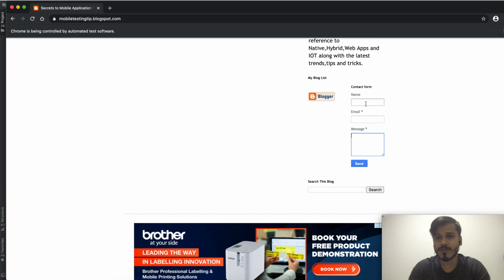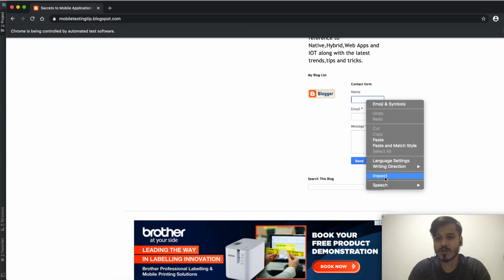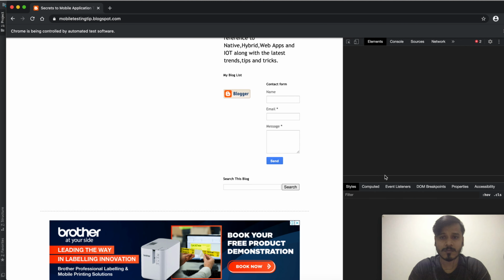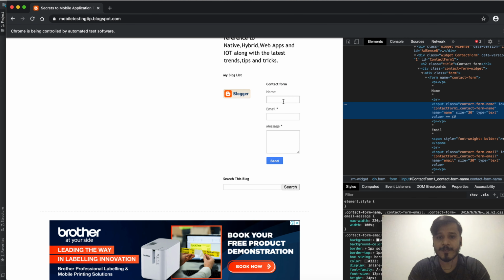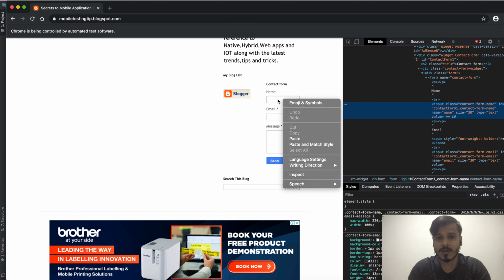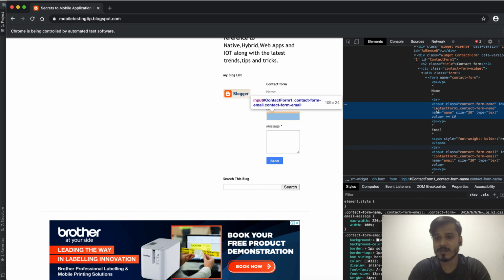So in order to perform the action, I will just inspect this page and these elements. For inspecting, I will use inspect in the Chrome browser in order to see what element it is, and we will be inspecting the HTML DOM of this page. So here you can see, once I am inspecting the element for this particular text box, this is having some attributes.